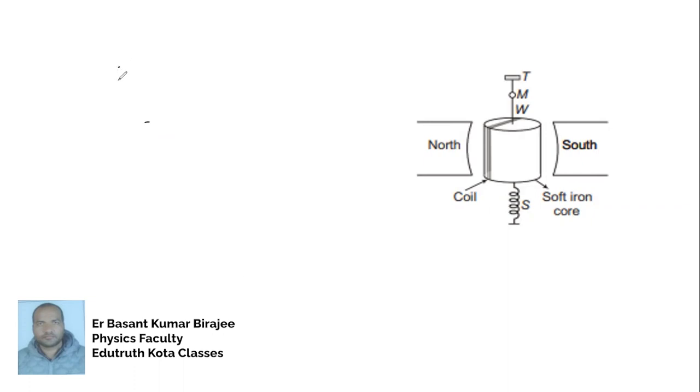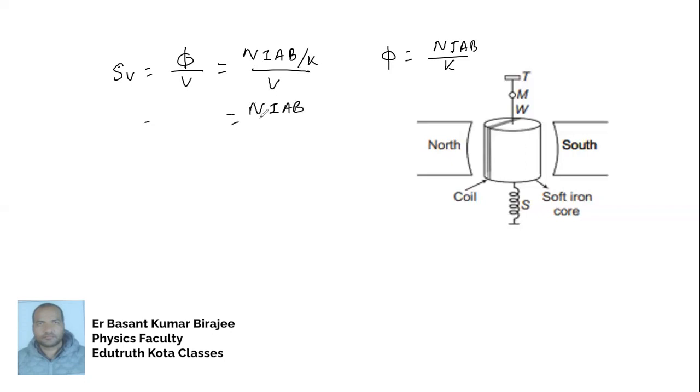Voltage sensitivity is phi by V, and phi is NIAB by K. So we can write NIAB by K, and you have V here. So you have NIAB by V and K. Again, from Ohm's law, we can write